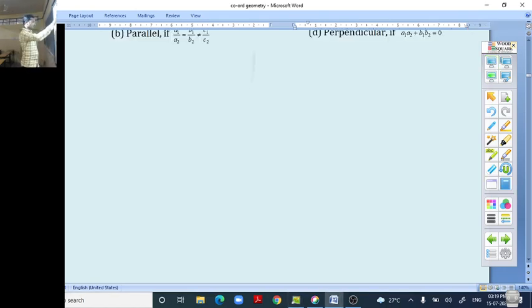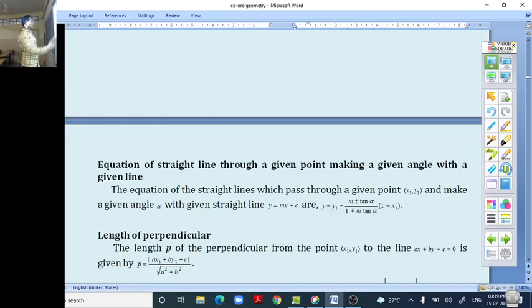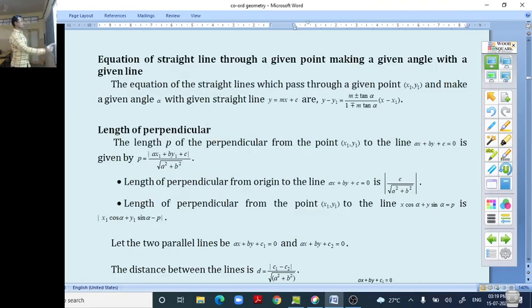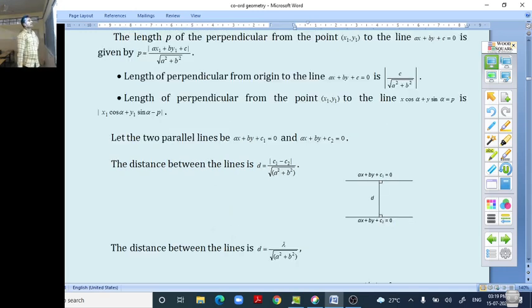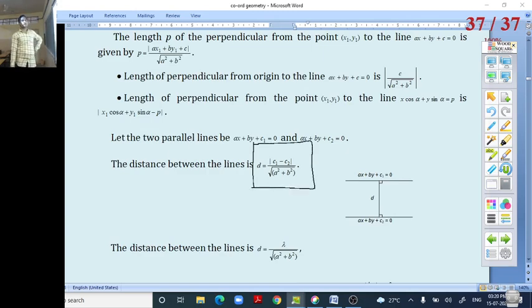Fine. So moving on, we will have more concepts about the next topic. And so these are some of the examples. Right? The perpendicular distance between the two lines. You already know this formula. The perpendicular distance between the lines is always d equals modulus of c1 minus c2 divided by square root of a square plus b square, where these are the two lines given.